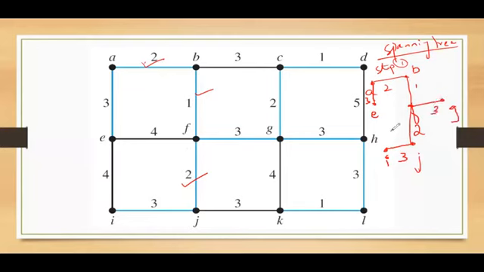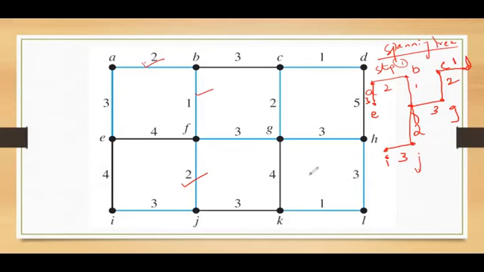It has the weight 3. Now you can see that FG is connected to CG, which has the weight 2. So just mark this CG, it has the weight 2. After that, CG is connected to CD, which has the weight 1. Now you can check whether you have all the vertices. No, you don't have H, L and K. So this part of the vertices has to be added.